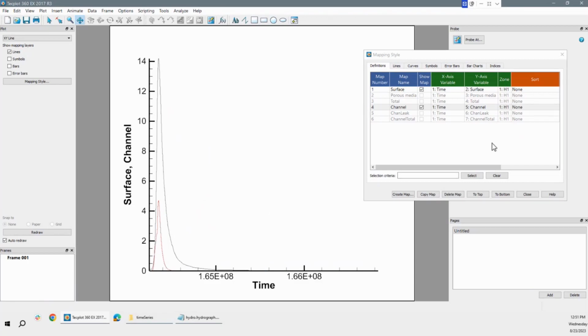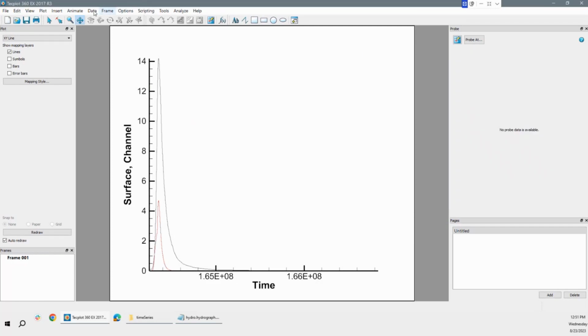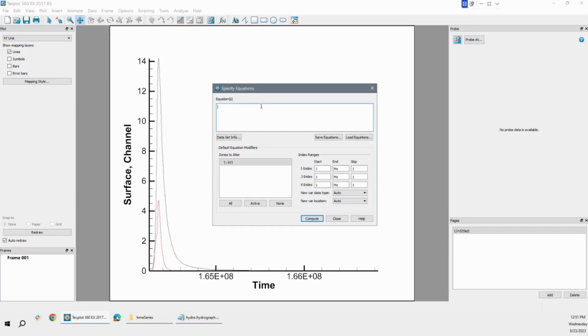In this case, we will do what we showed before, which is called data specify equation. I go through alter specify equation. I want to add a new variable. I only opened one file in this case, which is h1. I want to create a new one, which I will call flow, and it will equal to